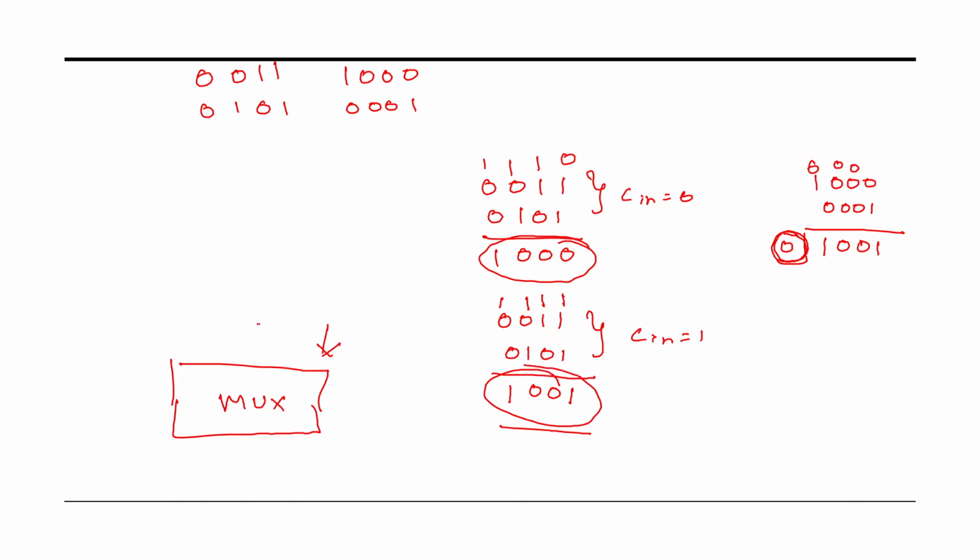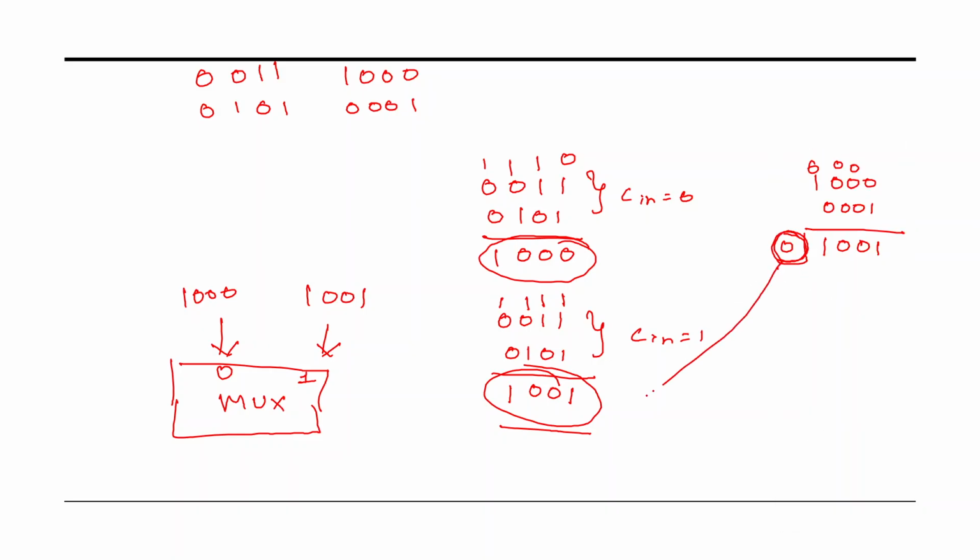So here, 1 triple 0 and 1 0 0 1. If it is 0, I need to select the 1 triple 0. If it is 1, I need to select the 1 double 0 1. So now here